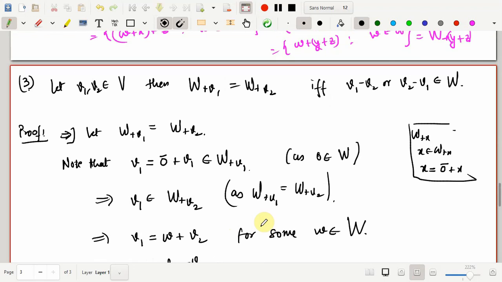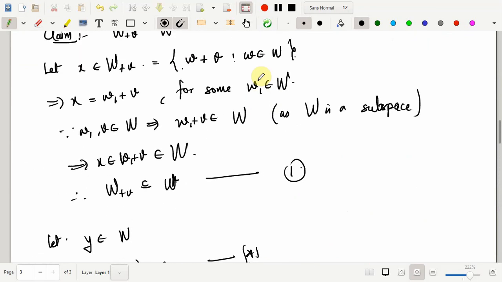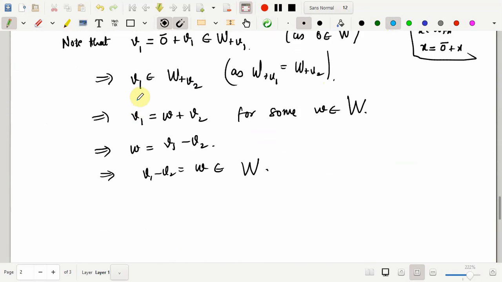In fact, this is the generalized statement of the above statement, and in this statement, the converse part is also true. You may consider this W as W plus 0, which we have proved, right? So W plus V would be the same as W plus 0, provided V minus 0 or 0 minus V is in W, right? So even the converse statement is true. That we prove in general here itself.